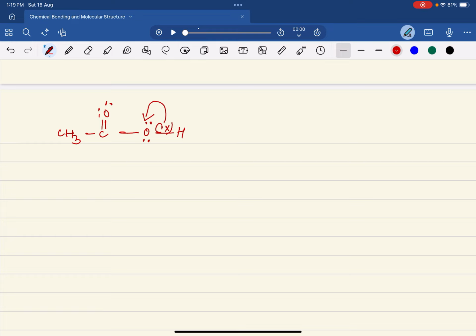So, this pair of electrons shifts towards oxygen, and acetic acid loses one hydrogen due to rupture of the O-H bond, and oxygen contains 6 electrons and 1 negative charge, because the electron is gained by hydrogen and H plus is released. So, acetic acid after the removal of one hydrogen gives